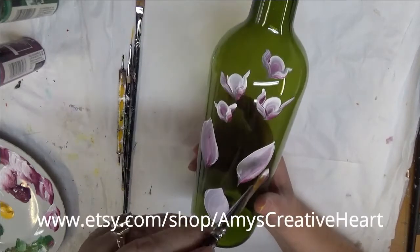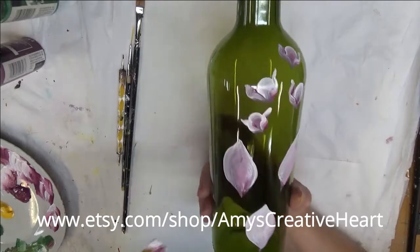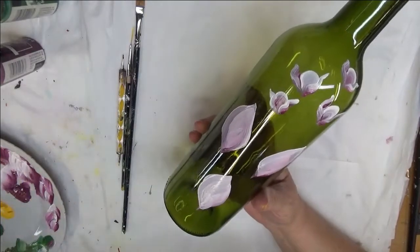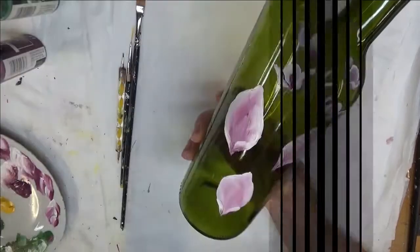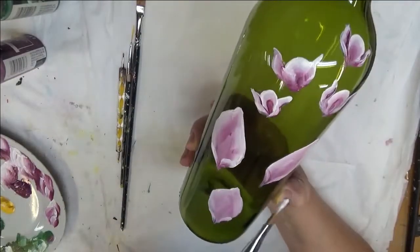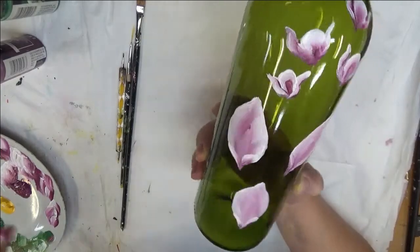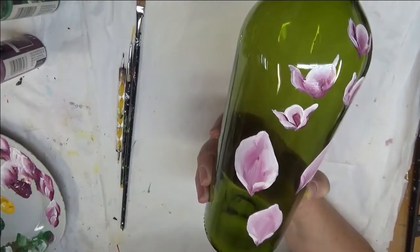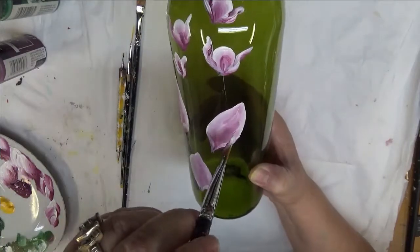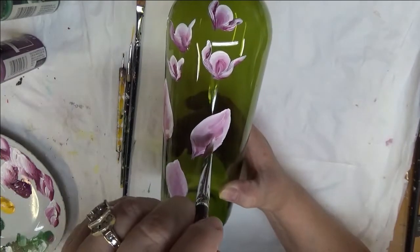Okay, so what I'm going to do is I want to be able to go over this again, so I'll give it a hit with the heat gun, and I'll be right back. Alright, so what I did is I hit it with the heat gun, went over it again, and then I put these little curves here towards the bottom of the petal. What I'm going to do now is do the center,